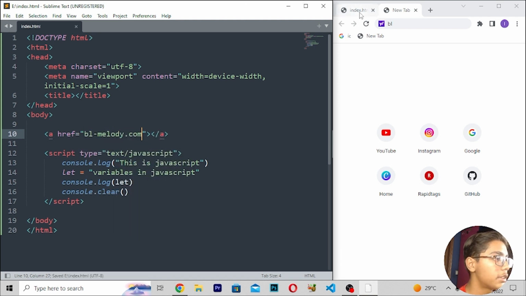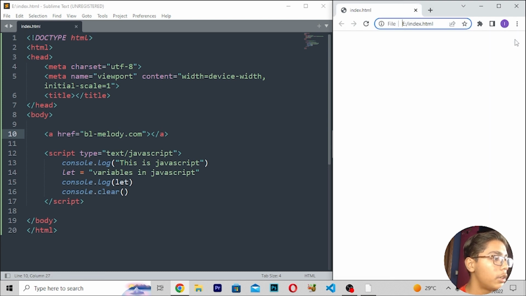Just save this thing. Then when you save this, I will now be reloading this, reload. So here you will be seeing that we are not getting anything. So here I will be writing BL Melody like this, and here I will be writing website. Save, then reload, and you can see we are getting one link, it is saying this BL Melody website.